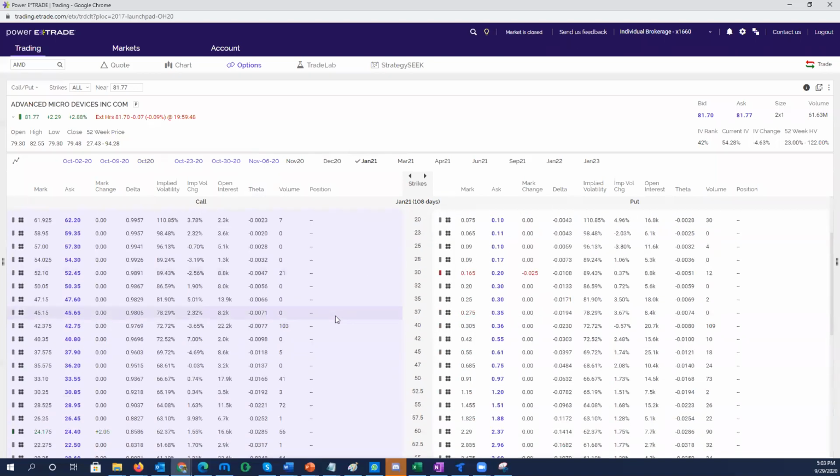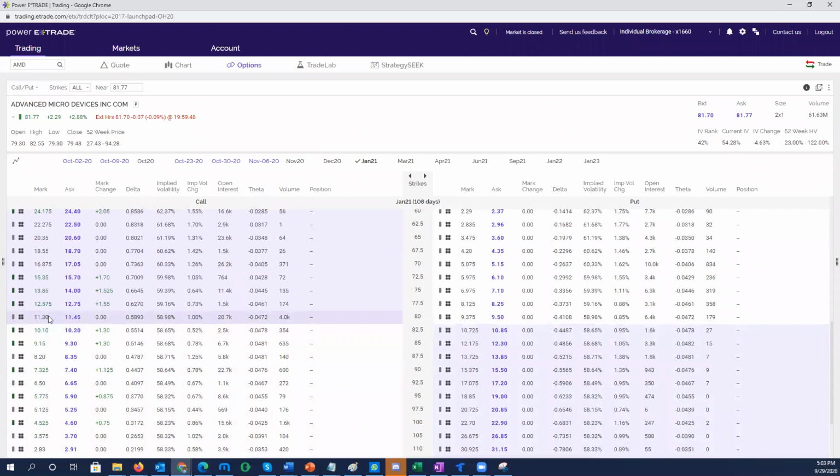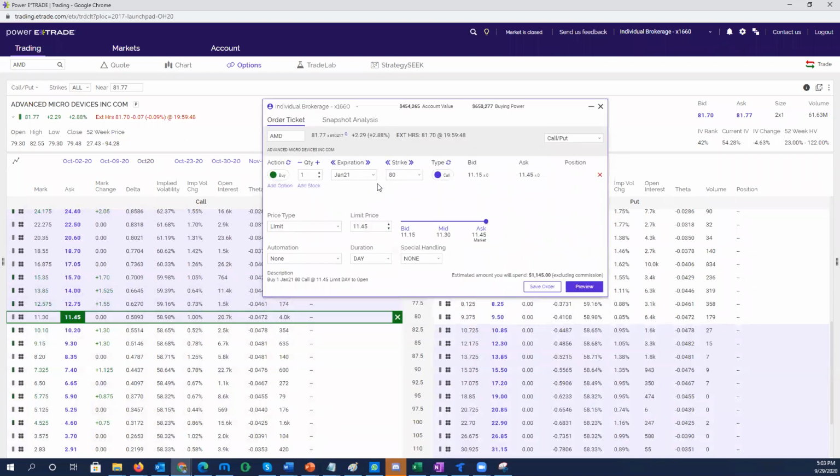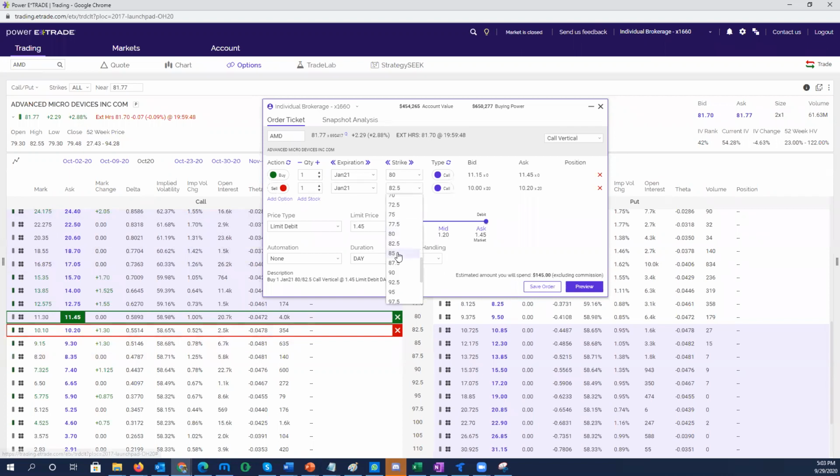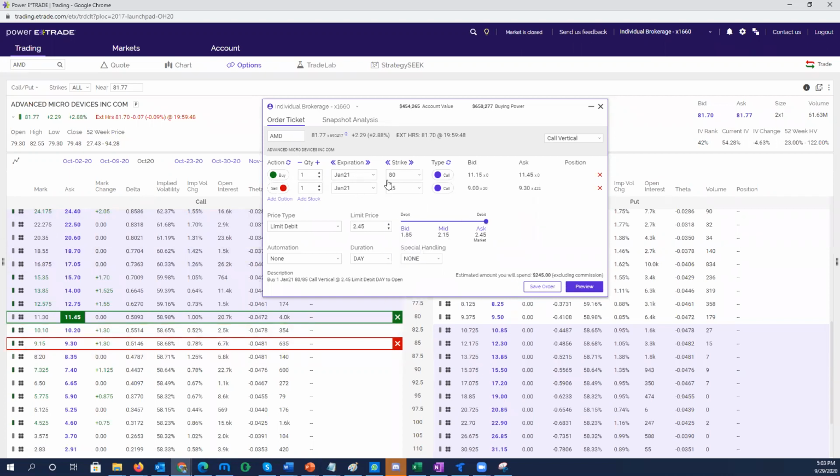AMD is going higher. So when it's going higher, I don't want to buy the call. I just want to play a little bit safe, so I want to buy a spread. So what is a spread? You buy a call and sell a call at the same time, but at different strikes, in the same expiration. This expiration is January 21. How much is it? Like $80. So I go in the money, 80 call. Then I'm going to sell the 85 call. So I'm buying an 80 call, but I'm selling the 85 call at the same time.